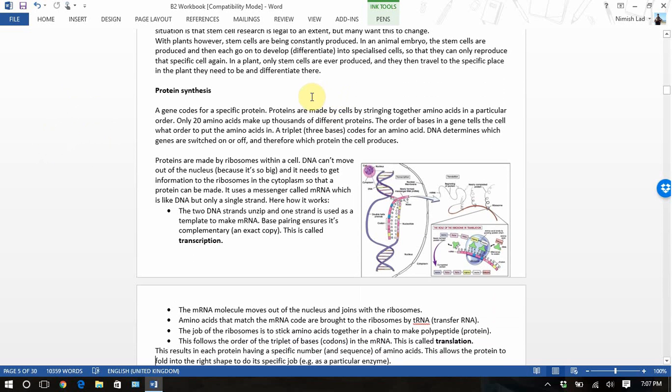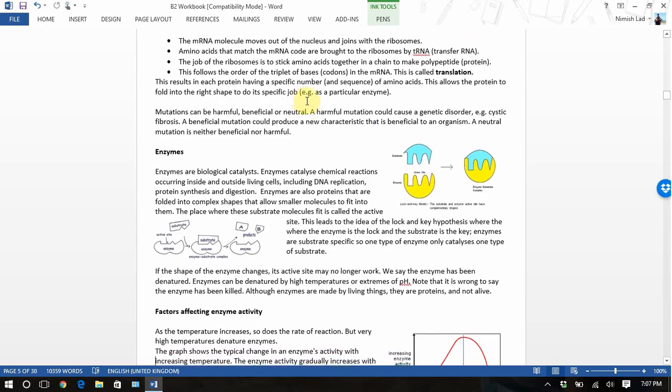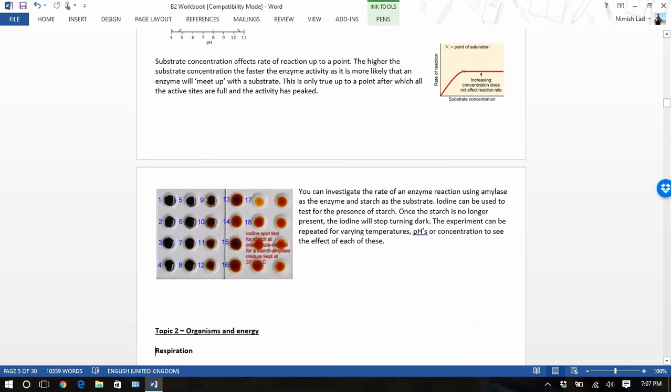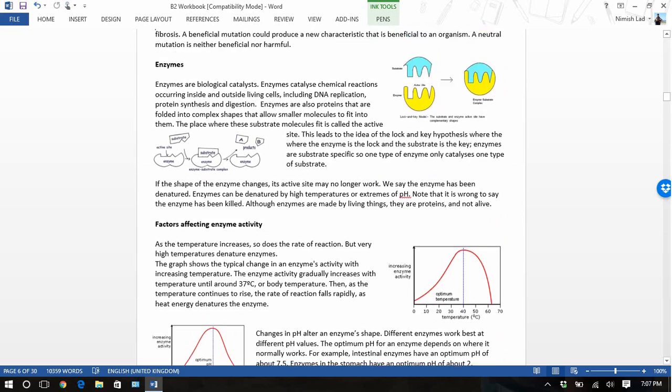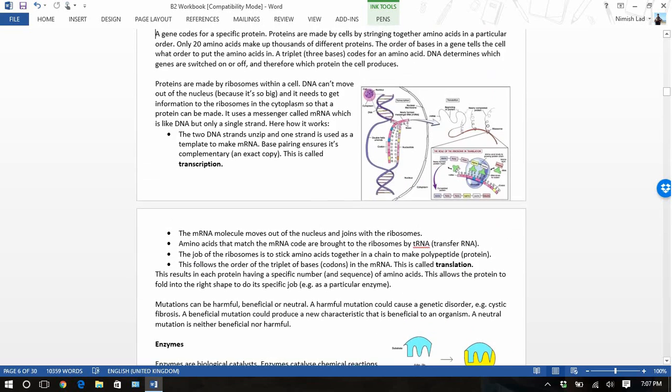Right, protein synthesis. Very, very difficult part of B2, and it's one of the last bits in B2 topic 1. Apologies, I thought enzymes was in the next topic, it actually isn't this topic. Right, so